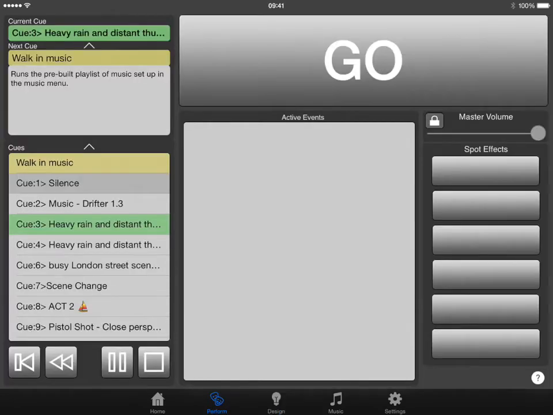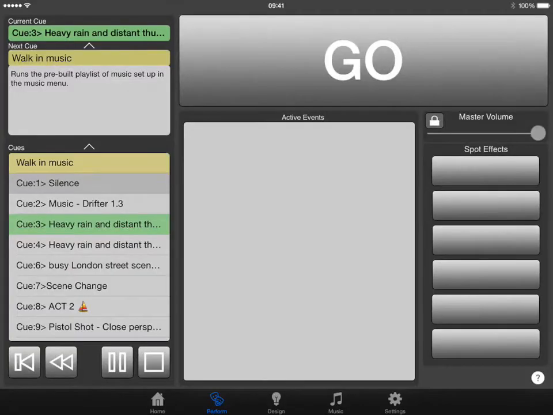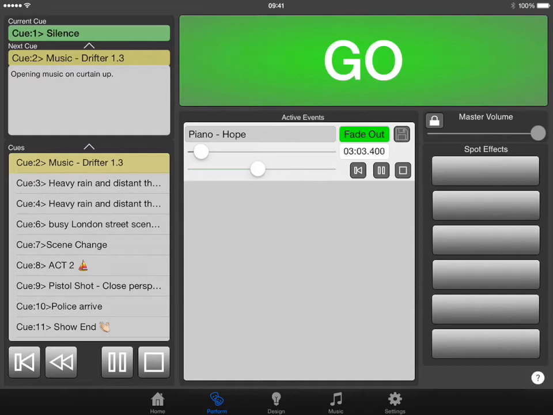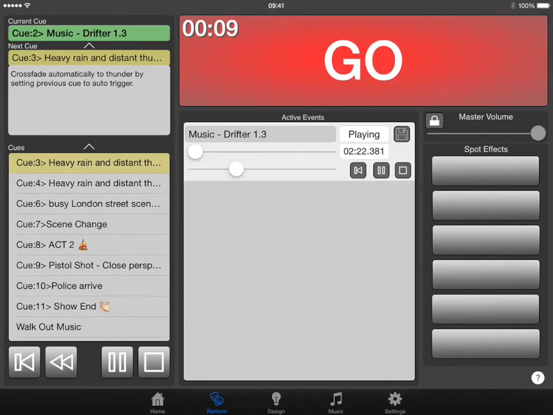The other thing I'd recommend you do is, in the demo show that we ship with the product, go into the perform screen and basically step through this and have a look at how this has been built. So if you just step through it using the big go button, you can step through the cues, and as each cue executes you can see what's happening on the screen with the effects players, and also the notes associated with each cue give you a little bit of an idea about what that cue is doing and